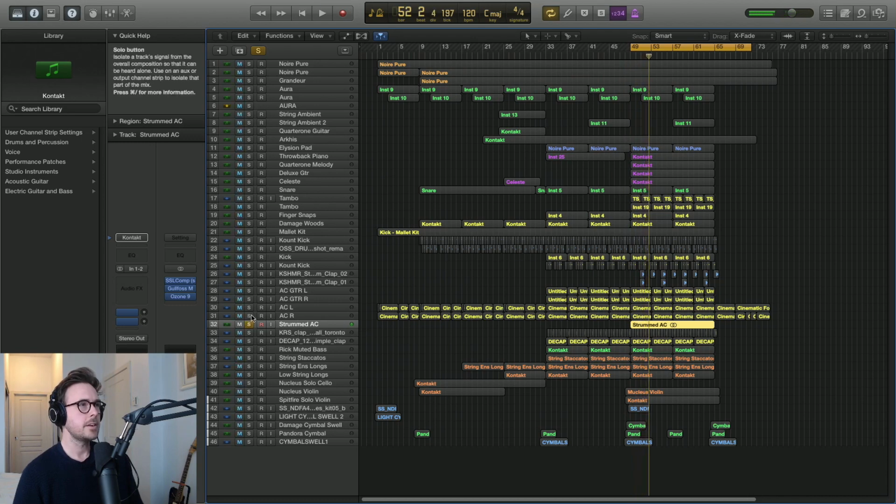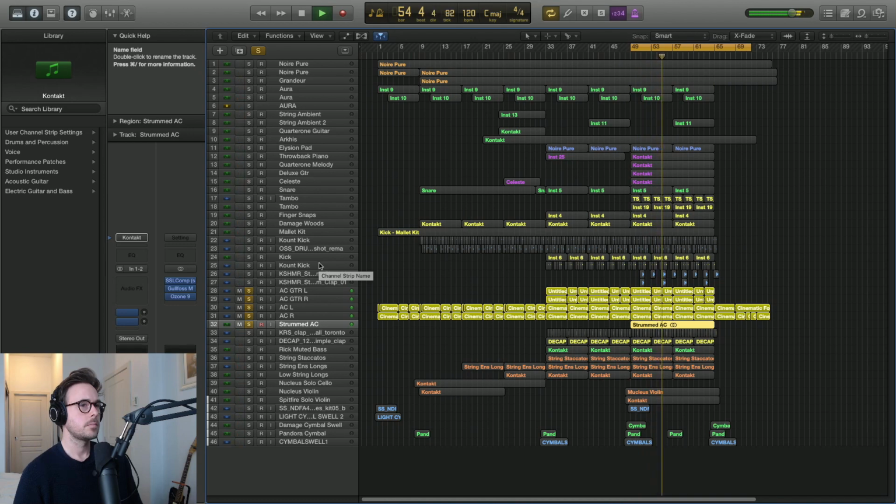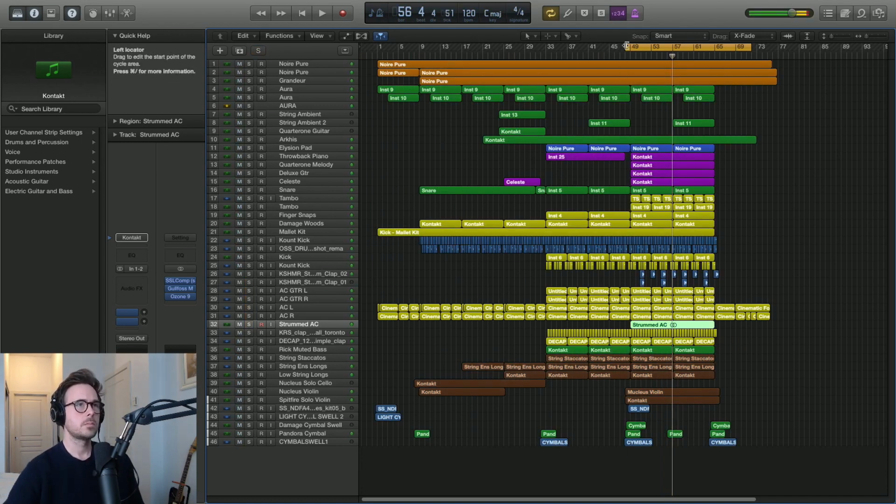And then adding in a few layers of my real acoustic, I ended up with a real nice thick sound. In the context of the whole track,